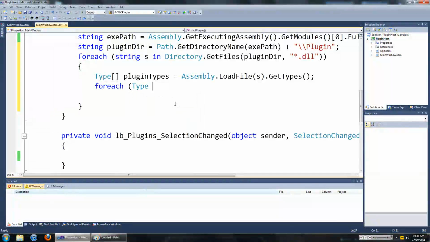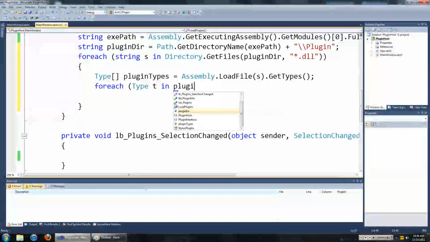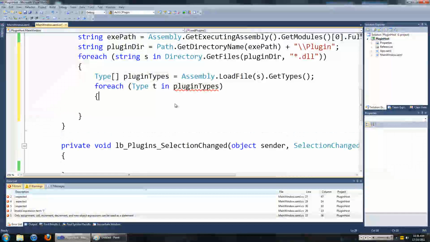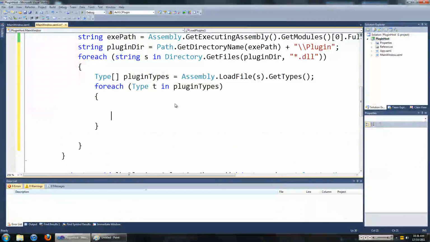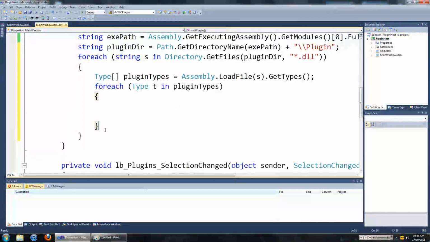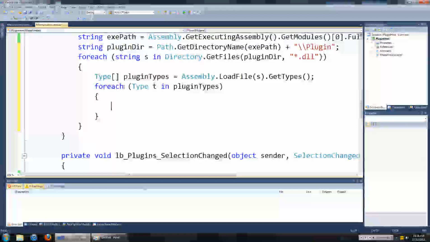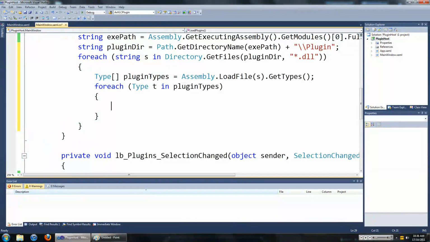So for each type t in pluginTypes, I guess you'll have to put this in your program's plugin interfaces documentation or something, but we want all the plugins to have a class called Main in them. This is just so our program knows where to start.